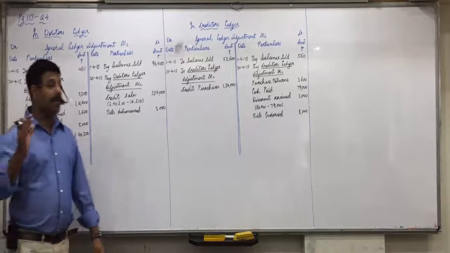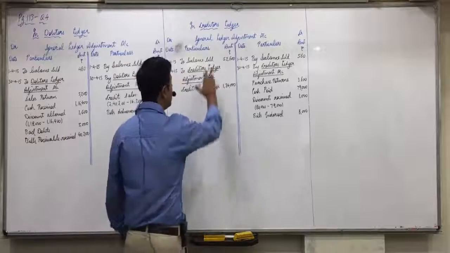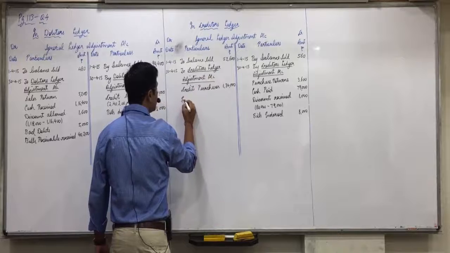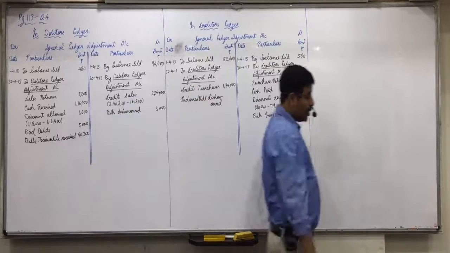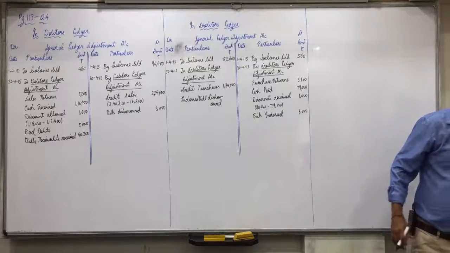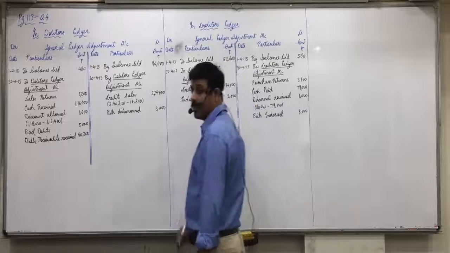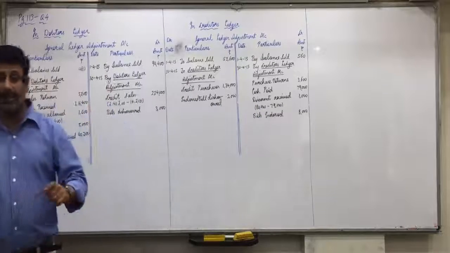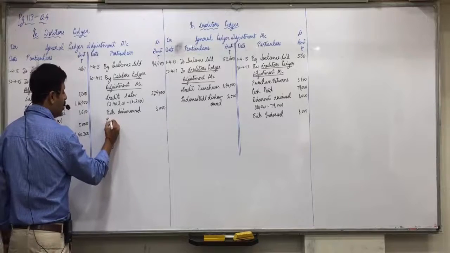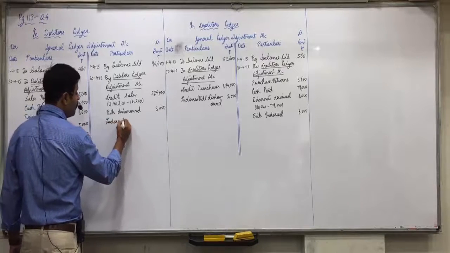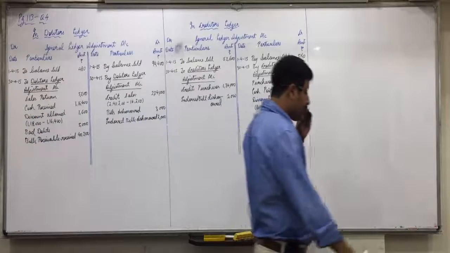So first, creditors will give us the bills. So bills receivable to creditors. Bills receivable debit means in general ledger adjustment on debit side. Endorsed bill dishonored 2,000. And then we will give it back to debtors. So debtors, to bills receivable. To bills receivable means in general ledger on credit side. Endorsed bills dishonored 2,000. Any confusion in this?